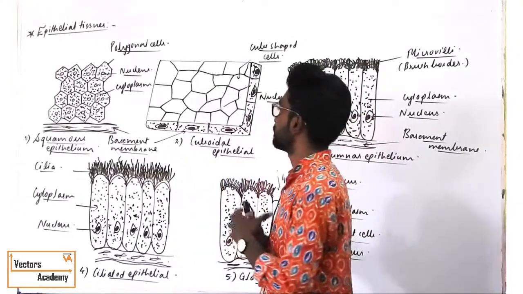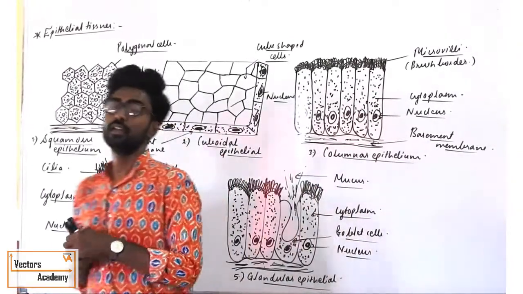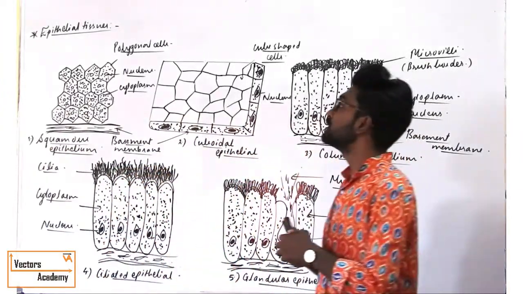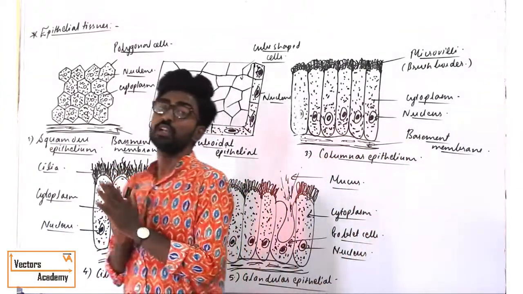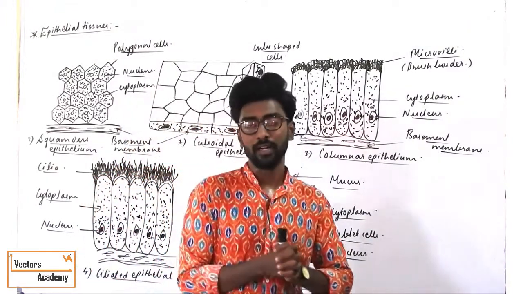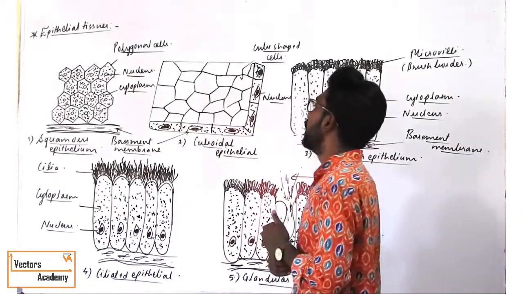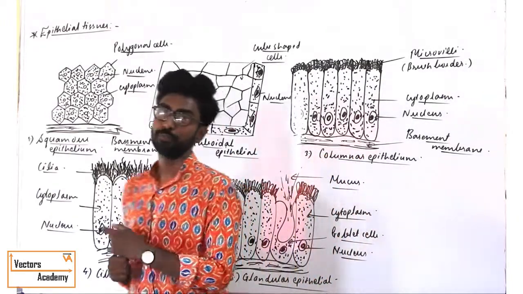Good afternoon, students. Today we are going to study the next chapter of your zoology part, that is biology part 2, study of animal tissue. In botany you will be having study of plant tissue, and in zoology you will be having study of animal tissue. Now you know very well what exactly is tissue, right?